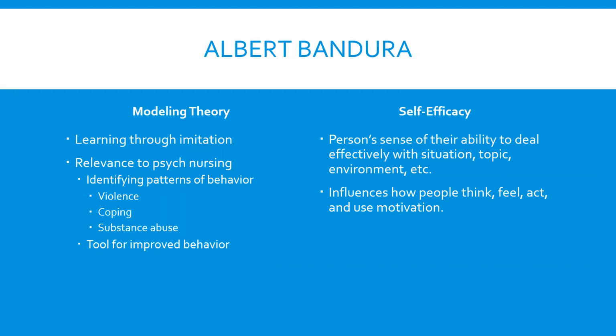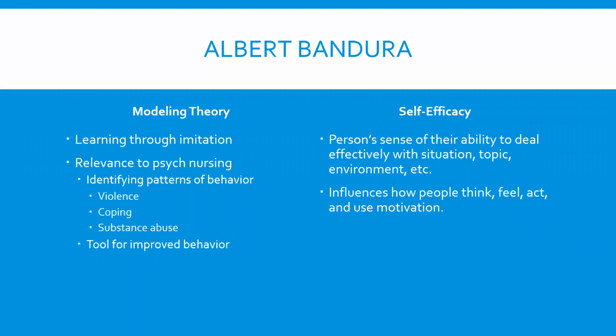Then we have Albert Bandura. Albert Bandura came up with two primary theories that we use in psychiatric nursing. The first one is the modeling theory, and this is his belief that we learn through imitation of others. So we watch what people are doing around us and we mimic that, and that drives our behaviors and our